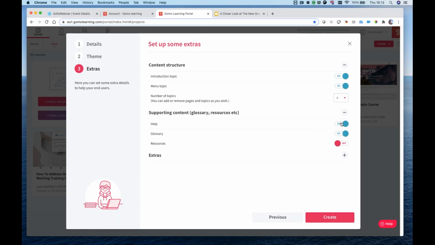So I'm going to say, yes, I want help, which can be general or specific to the screen I'm looking at, and a glossary of terms, so my learners can easily look up a word or a phrase they don't understand. I'm also here going to switch on